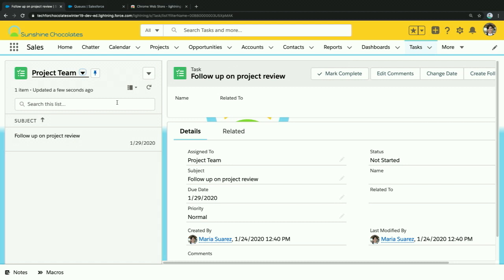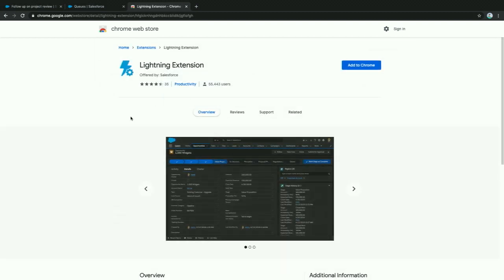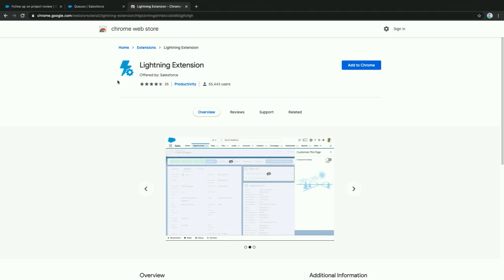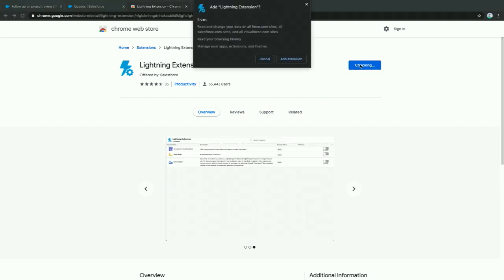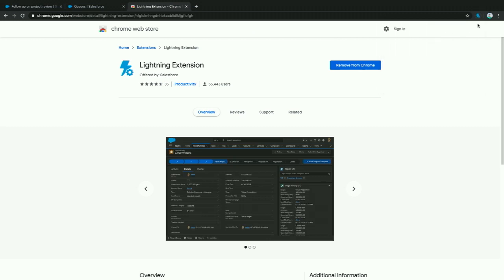Now, I know everyone saw that dark mode screenshot and is like, how do I get my Salesforce in dark mode? And I'm going to show you. So first you're going to go to the Chrome Web Store, and you're going to search for Lightning Extension, which I already have. And then when you have the Lightning Extension, just like when you're putting anything in any device or browser, make sure you take a look, make sure it's the right one. It's Lightning Extension, it's offered by Salesforce. It's got a cute little lightning bolt and gear here. Okay, awesome. We're going to go ahead and add that to Chrome. Yes, I do want to add this. Great, I'm not going to sync.